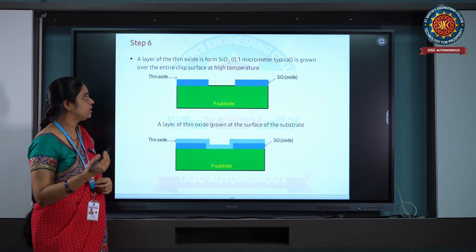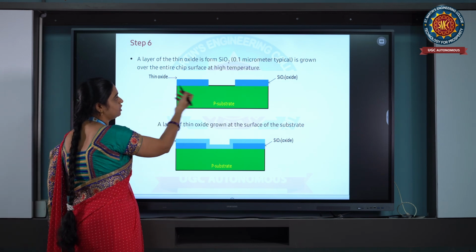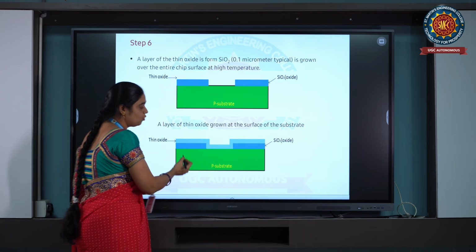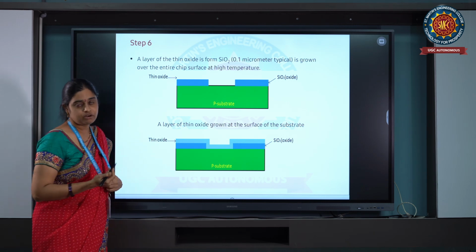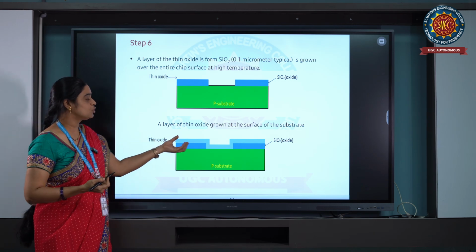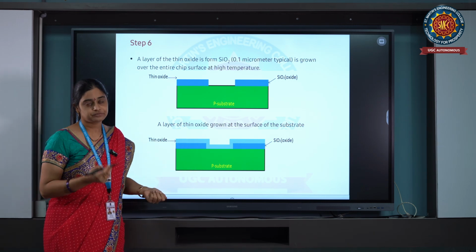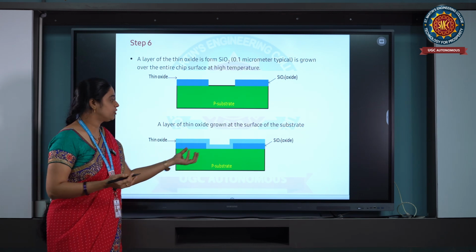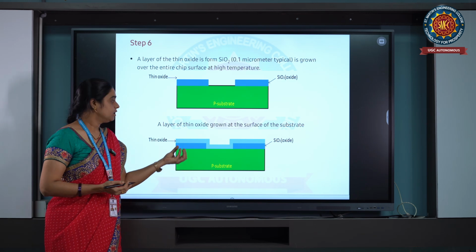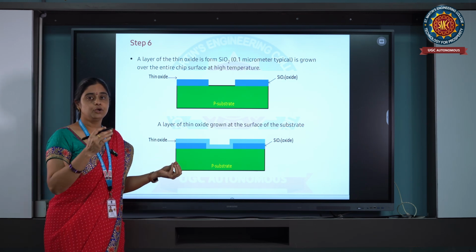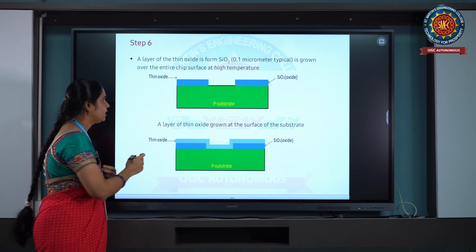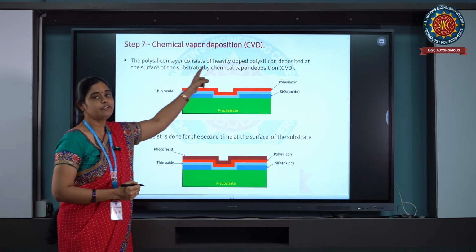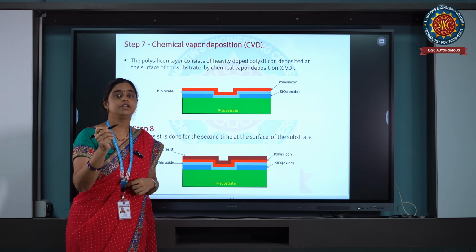So every time we want the required shape, when we got the required shape, we are now placing again a thin oxide layer over the surface. Why? What is the purpose of the oxide layer? The oxide layer is used to protect our substrate because the oxide layer will act like a barrier. It will protect our substrate and it will help our substrate to be 100% pure. Next, we are placing a thin oxide layer and later we follow the chemical vapor deposition process, the CVD process.